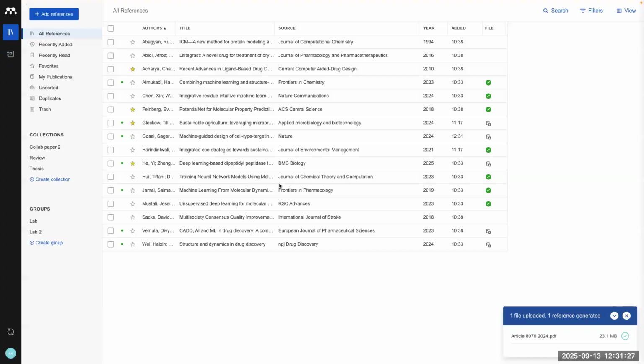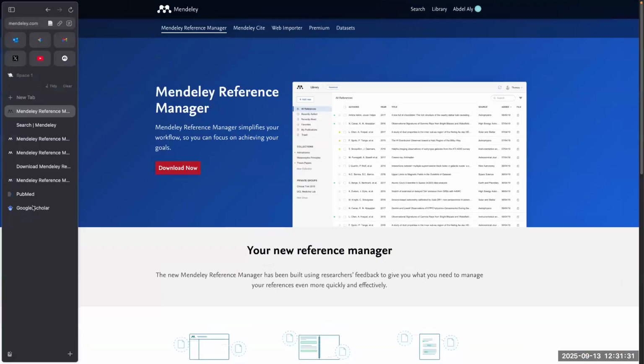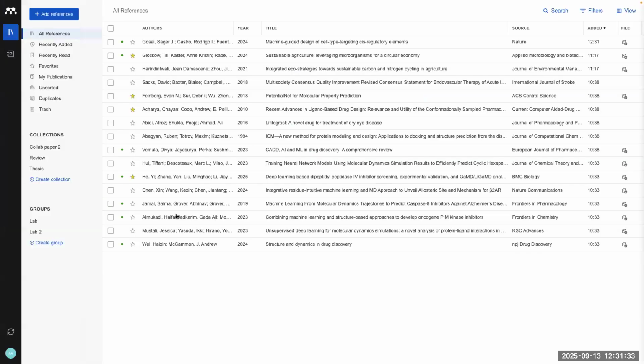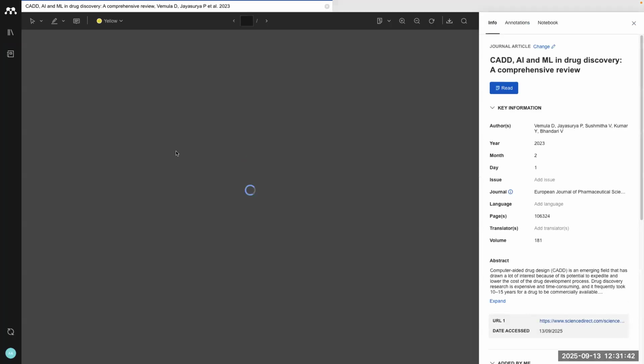Yes, so let me try the web version. I just want to show you how to use the annotations. I need a paper open for that. As you can see, when I open the web browser, it's basically the same library that I've been editing in, exactly the same, which is great because you can just view your papers anywhere you go, on any device, in the lab, at home. Okay, unfortunately, it's still the same issue, but basically just